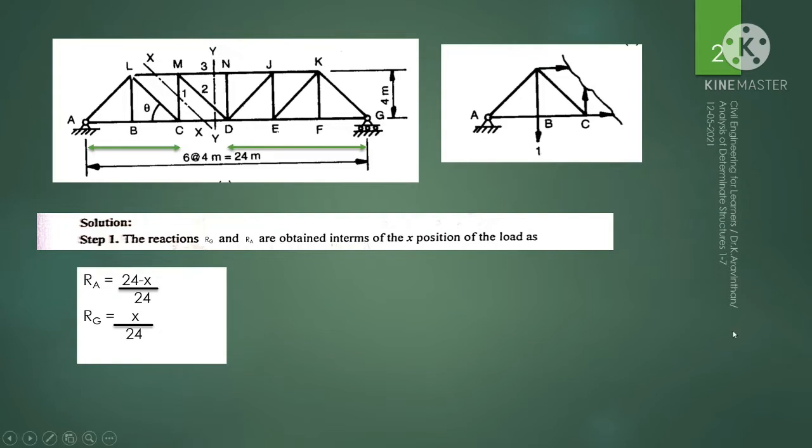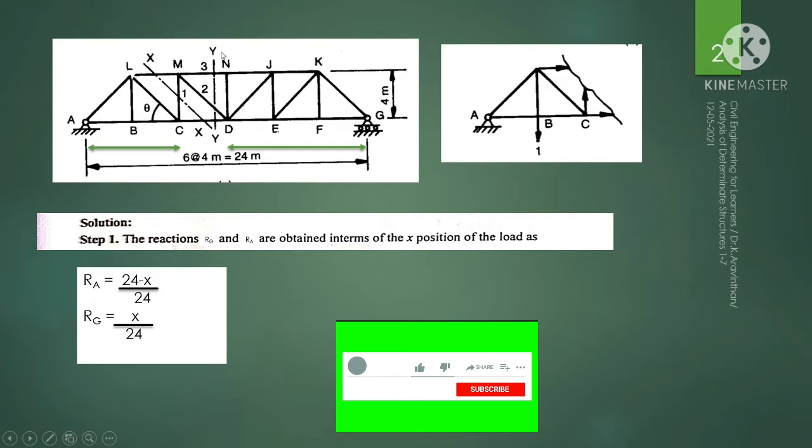Now here we have a truss which is a determinate truss. It has a hinged end at one side and a roller end support at the other side, indicated by A and G. So the roller has one reaction, and the hinged end has two reactions. Hence it is a statically determinate truss, and you can find the internal indeterminacy by using the formula.